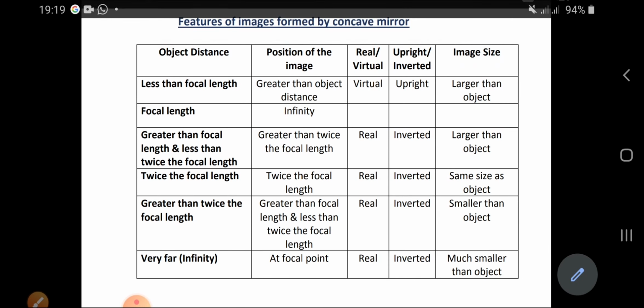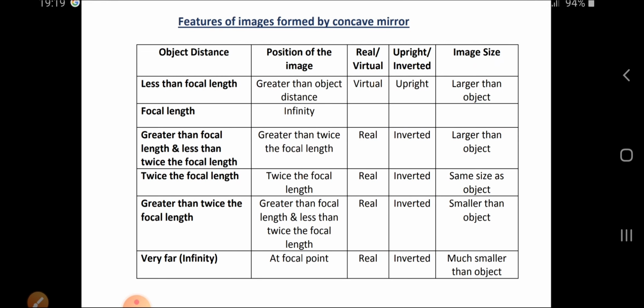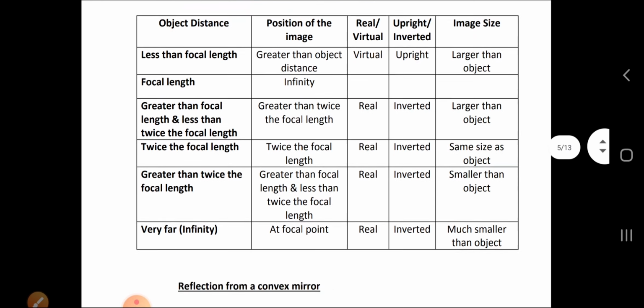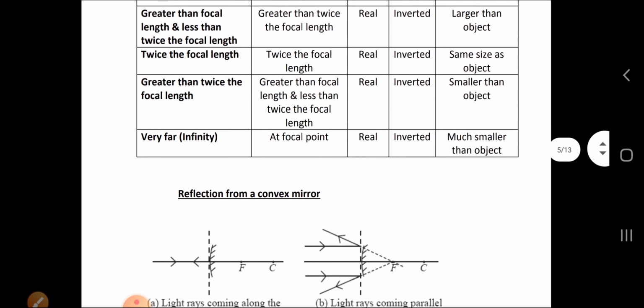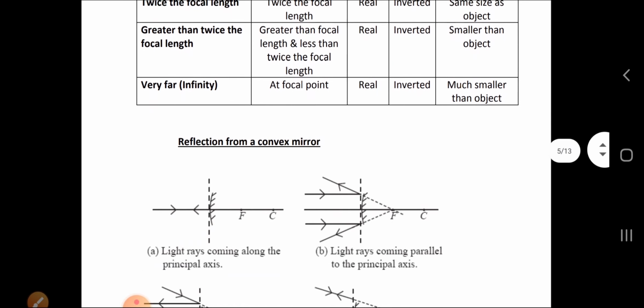Here is a chart which gives a summary of the position of the image, real or virtual nature, upright or inverted, and the image size. Hope you take it as a summary. So let's move on to reflection from a convex mirror. So as you can see it here,